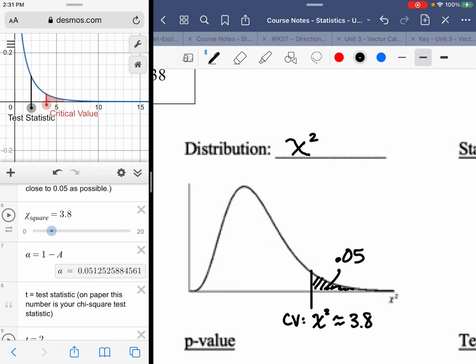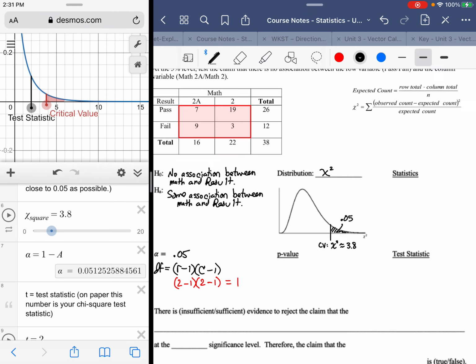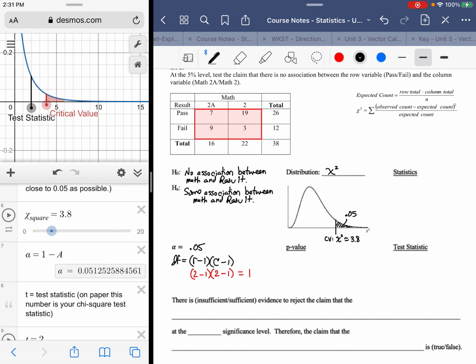That's our chi-square distribution. All right, if you want to write it out in words, that's fine too. In order to come up with our test statistic, we need some background information. Normally we would list out a mean, a standard deviation, things like that. We don't really have that for something like this. All the work that we do for statistics is going to happen really in the table until we get to this part. So we need expected counts first, which is the row total times the column total divided